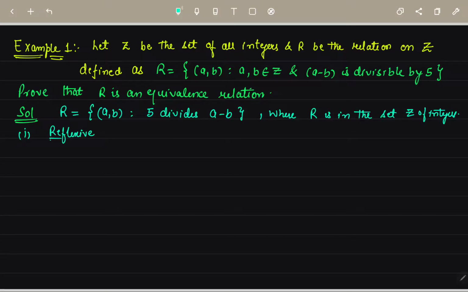So देखिए मैं कैसे उसको solve करूंगी, आप लोग भी ऐसे ही solve करना paper में। So reflexive कहता है कि a को a से relate करना चाहिए, and for all a belonging to that set. So यहाँ पे भी हम same यही चीज़ करेंगे। यहाँ पे जो condition दी हुई है, so हम लिखेंगे कि a minus a, so b की जगह पे आएगा a minus a, this is equal to 0, and that is equal to, हम इसको ऐसे लिख सकते हैं 5 into 0, क्योंकि अगर आप इसको 5 से multiple भी करोगे still वो 0 ही रहेगा।